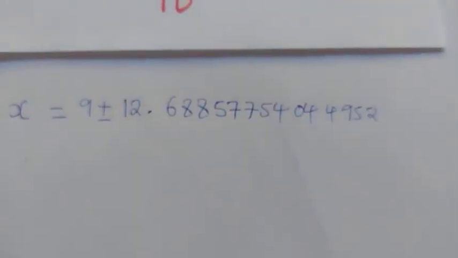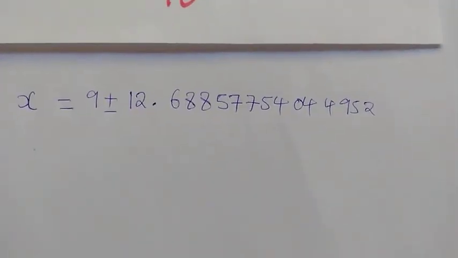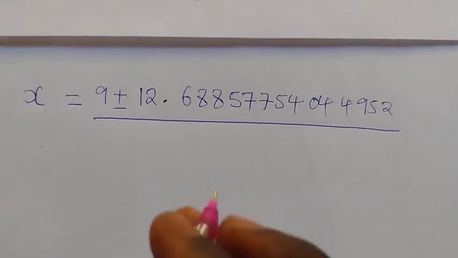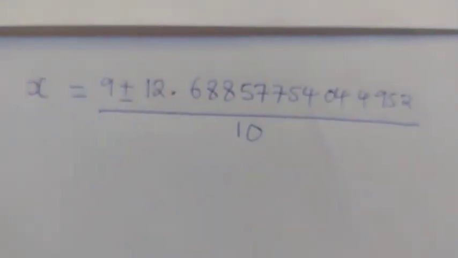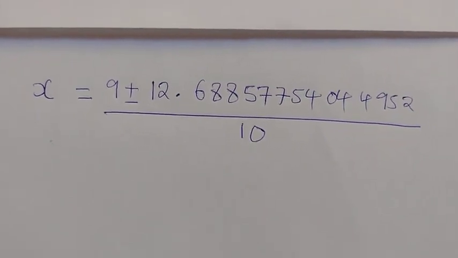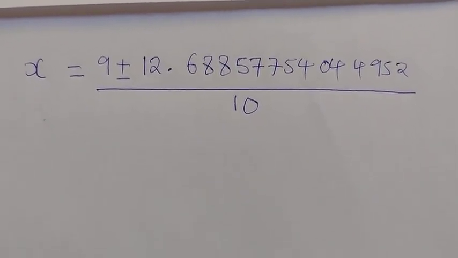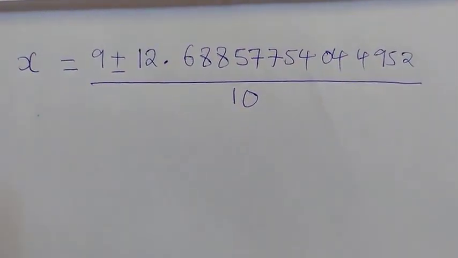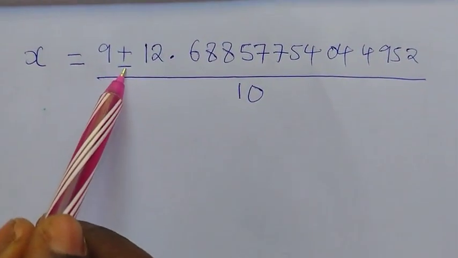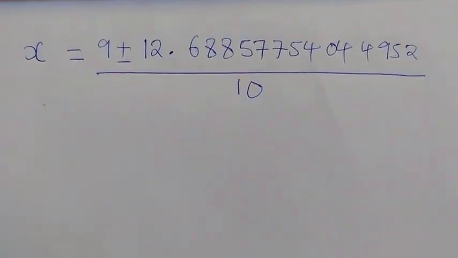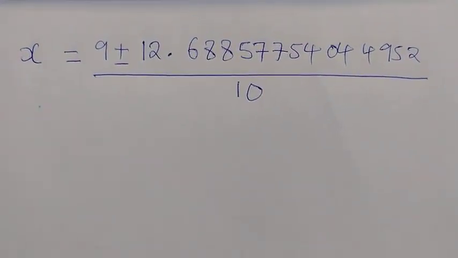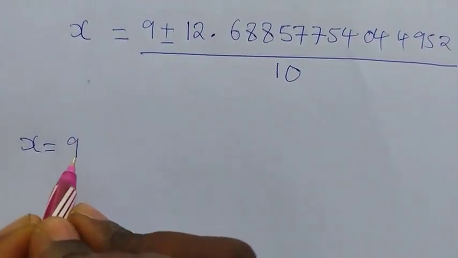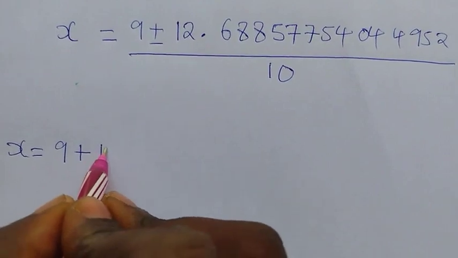Okay, so this is the value that you have gotten also over 10. So I do hope that you have gotten the same value. So from here, since there is plus or minus here, I'm going to separate this with a positive sign and the negative sign. So you say x equal to 9 plus